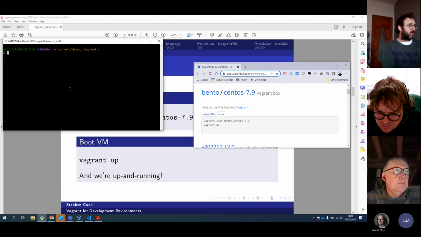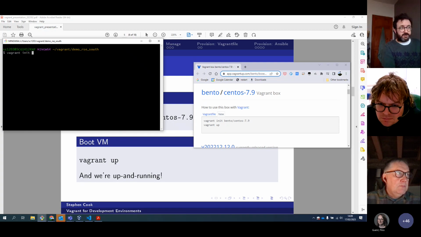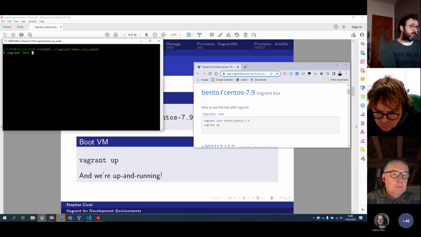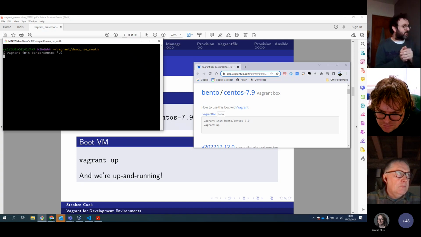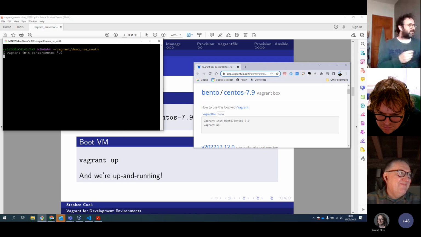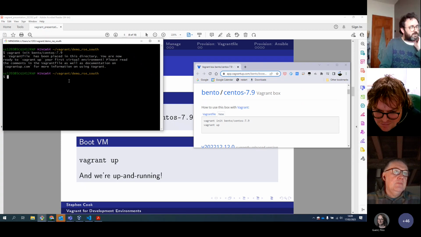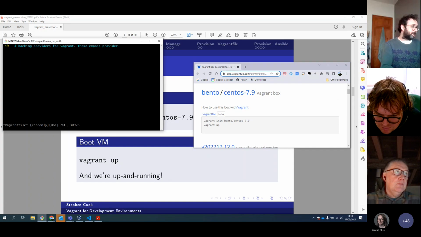So I have a directory where I want to install this box. And so I'm just typing in the command from this Vagrant box website, vagrant init bento/CentOS 7.9. And it's a bit cold in this room. I have put the radiator on, but hopefully I don't fat finger too many commands. What this is doing is this isn't actually fetching the box at the moment. It's just creating a template Vagrant file. So if I look at that Vagrant file that it's just created,